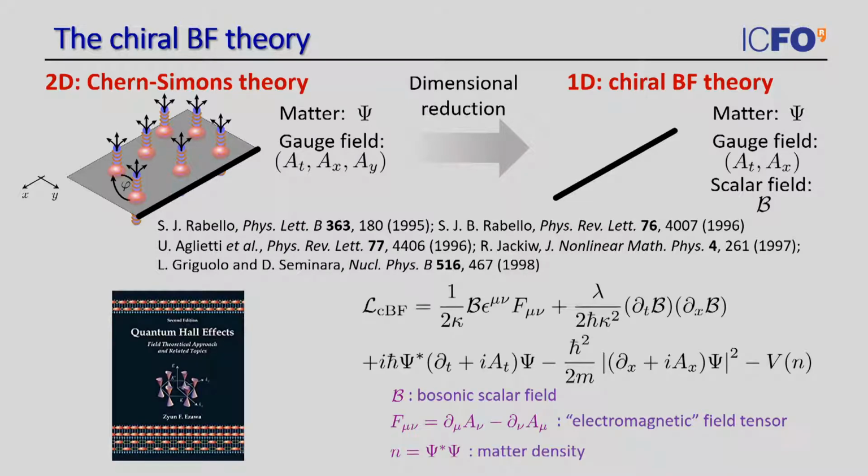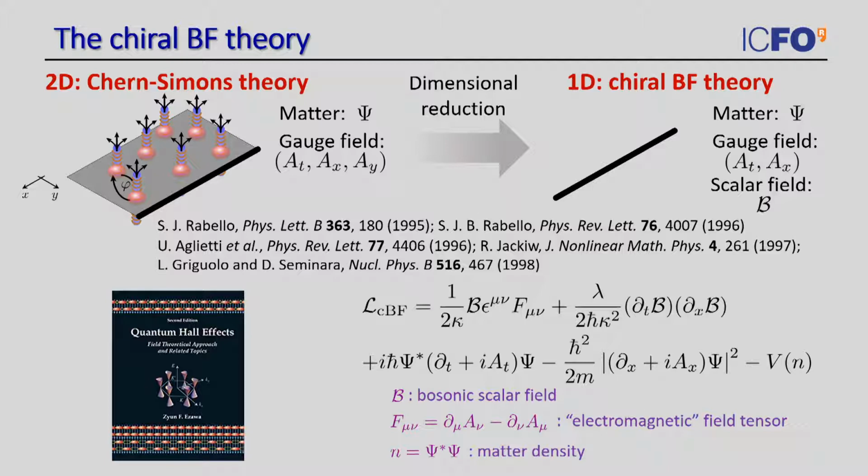Now, the Lagrangian of this theory, I have written it here. It might look a bit complicated, so let me guide you through it. The first term of this Lagrangian is a pure gauge field term. It couples the scalar field B to F, which is the electromagnetic field tensor, and this is actually what gives the name of the theory, because it reads just BF. And then this theory is called chiral. This comes from the second scalar field term, which involves only this B scalar field, and it's a term that you add phenomenologically after doing this dimensional reduction in order to have your effective field theory be chiral and reproduce the behavior of the edge of the original system.